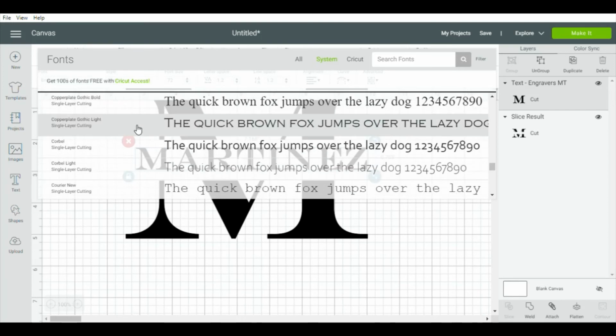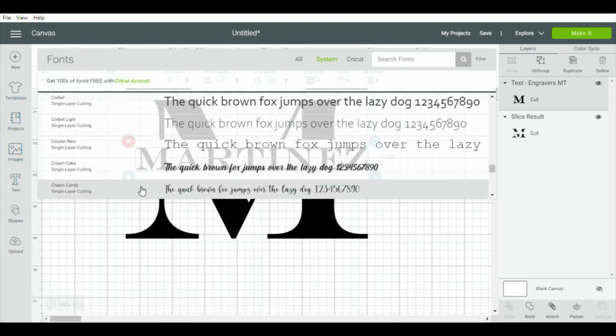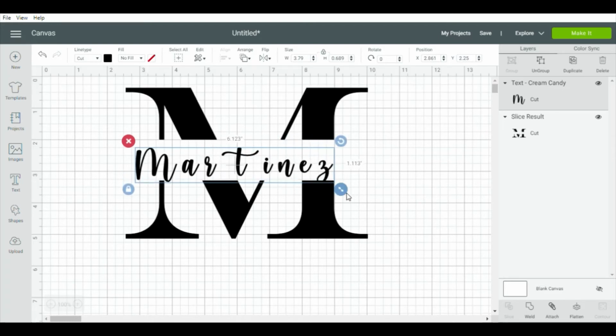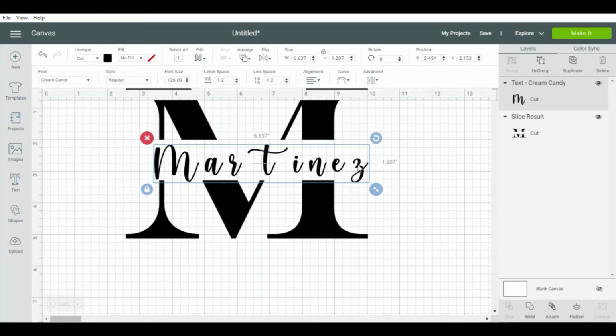So I'm going to look for my font, which is Cream Candy. The font that I selected is called Cream Candy, and it's a cursive font, as you can see. So I'm going to make this a little bigger, and I'm going to line it up with the lines that are here. Now you see that some of the letters are extremely far apart,